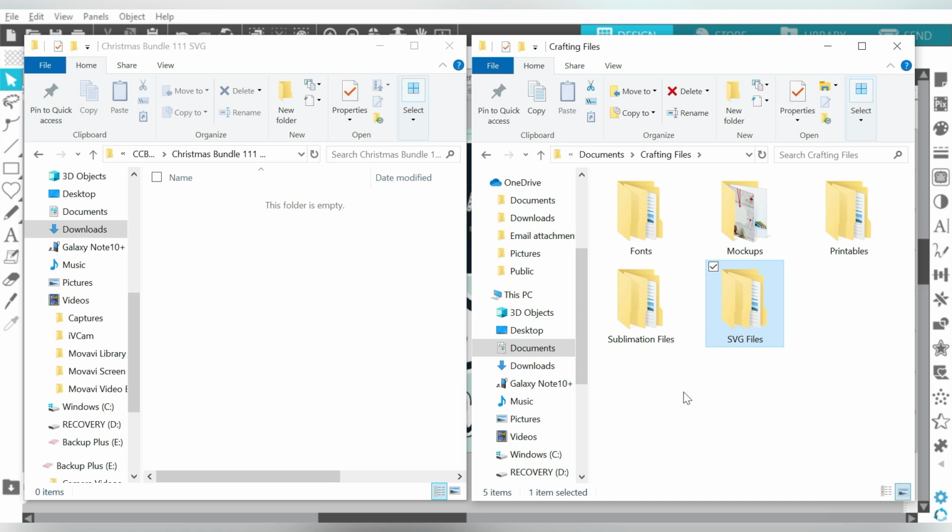So, all right, I'm getting off the soapbox. That's my deal about downloading, organizing, and saving your design bundles, because we love bundles and bundles are great. And they can be intimidating, but with a couple of these tips and tricks, hopefully we took that intimidation out for you.